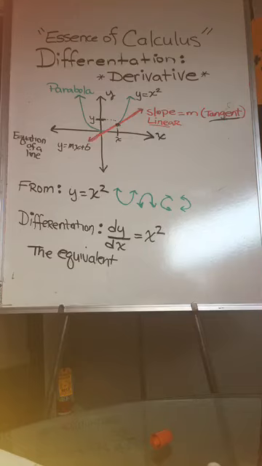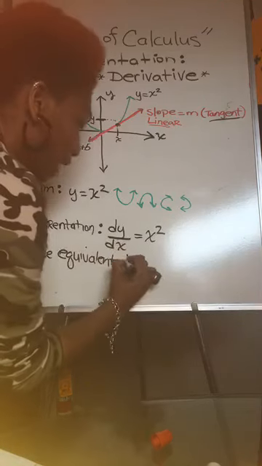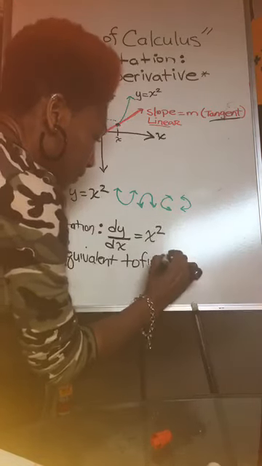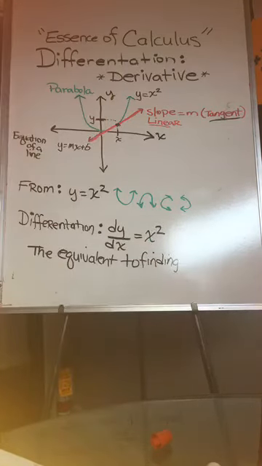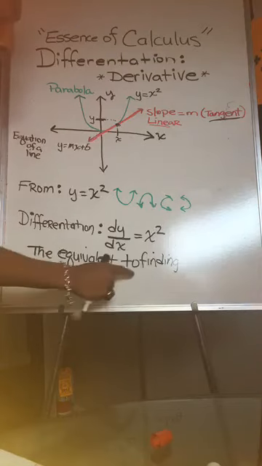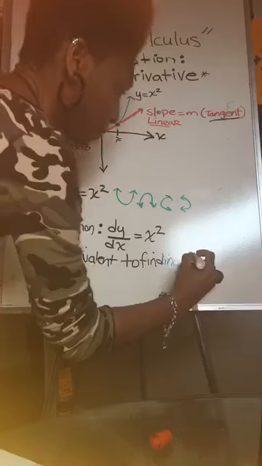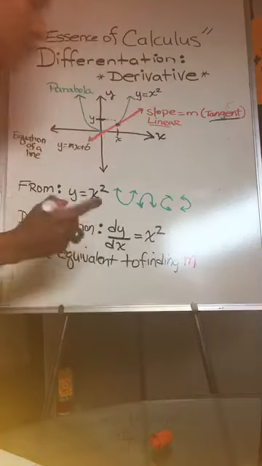So reading is part of math. Everything goes together. So it's the equivalent to finding the slope. Remember, it's the equivalent to finding the slope. I'm going to use m to represent my slope. To finding the slope, to finding m